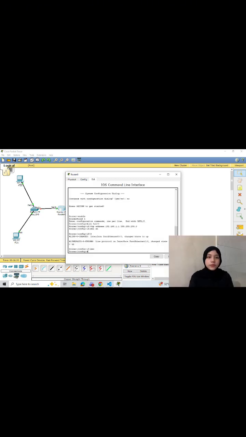Next, router interface configuration, network 1. In this step, router interface configuration was performed for the first network. The first Ethernet 0/0 interface was assigned IP address and activated using the no shutdown command so the interface could be used for network communication. This interface acts as the main gateway for device in the network. In addition, the router was also configured to connect to different subnetwork. With the router, data packet from the first network can be forwarded to the second network and vice versa.